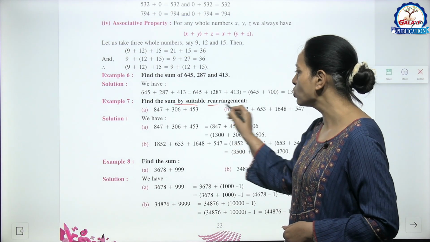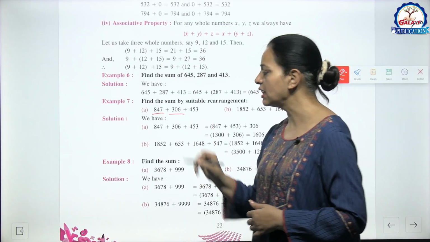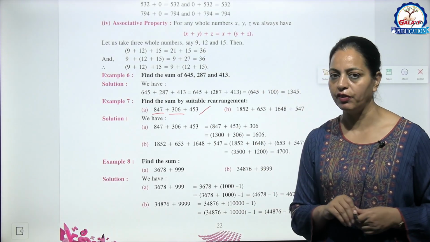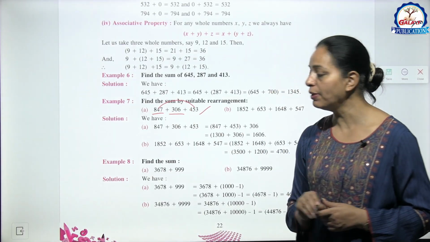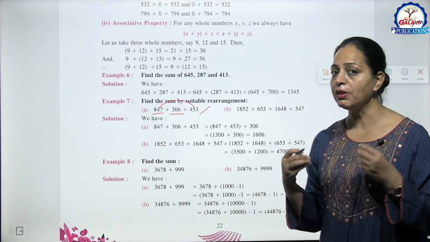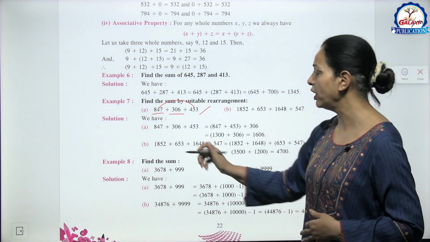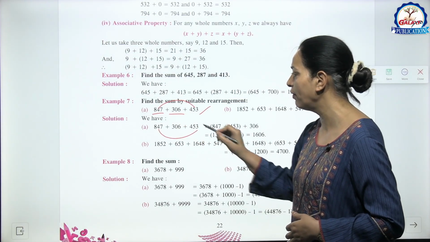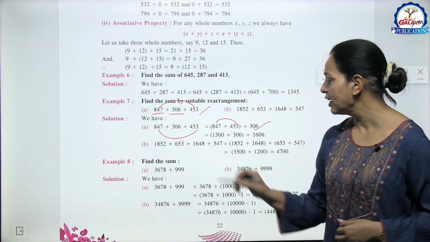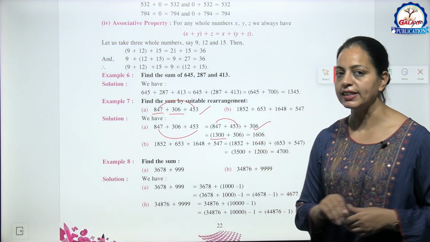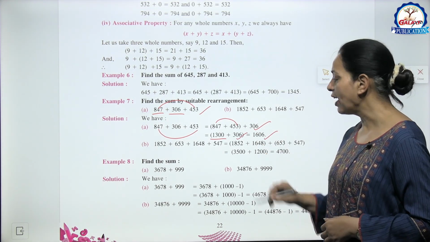Now see example 7. Find the sum by suitable rearrangement. Here A part, 847 plus 306 plus 453. Now you can see that the sum of these two numbers will have 0 at the end. The number with 0 is easier for us to add. So what to do? Take these two numbers 847 and 453, combine these two and keep this number as it is. Adding these two, we get 1300 plus 306. Adding these two, the answer is